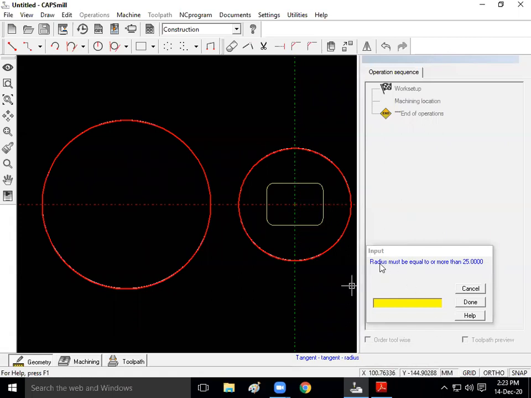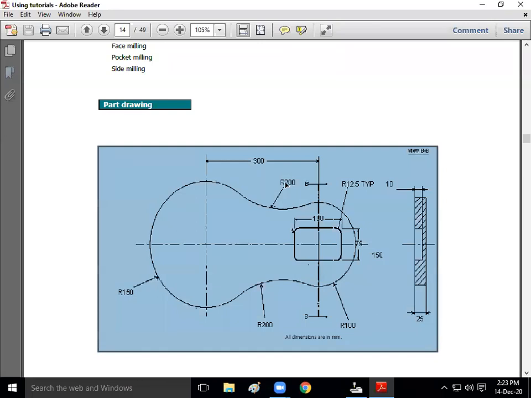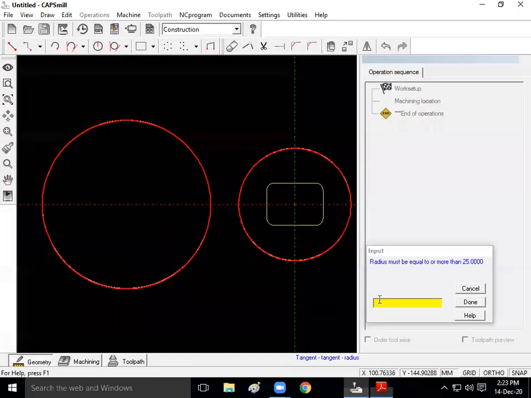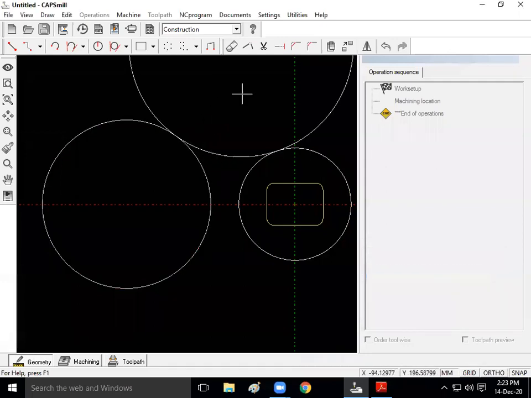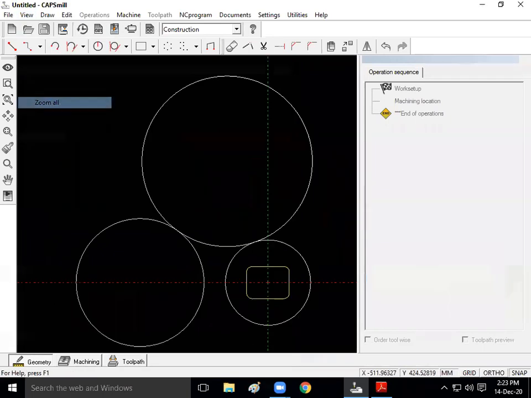And it is asking the radius must be equal or more than 25. So here radius is how much? It is 200 mm. So I'm going to give the radius as 200. Click on done. So I have got one circle which is connecting this circle and this circle.